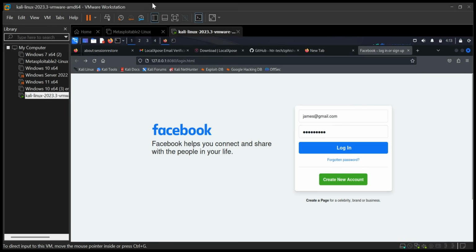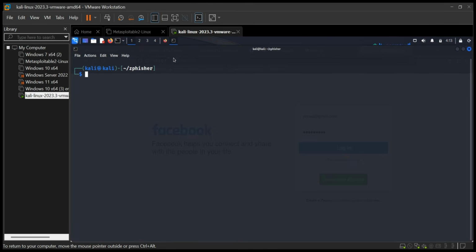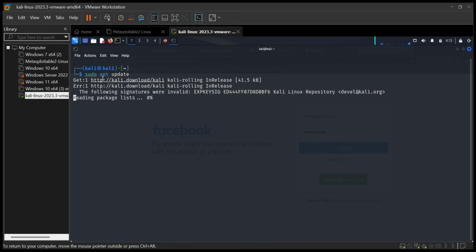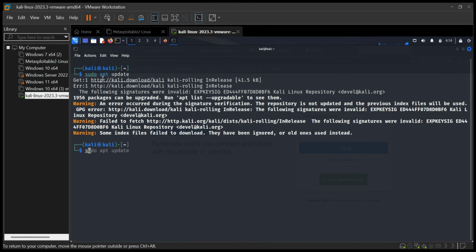So what do we do? The first thing we are going to be doing is that I am going to take you to Kali Linux like this. Okay. Now, the first thing you have to do is to make sure that you install or you upgrade your packages by doing sudo apt update to update your packages in your Kali. After updating packages in your Kali, the next thing you have to do is to upgrade those packages. Sudo apt upgrade,